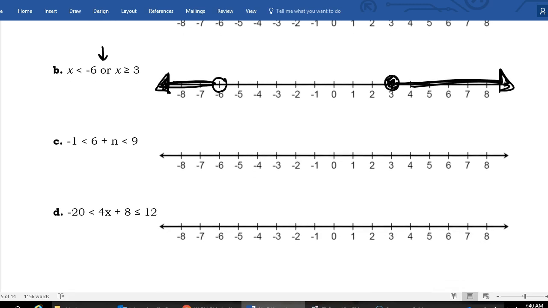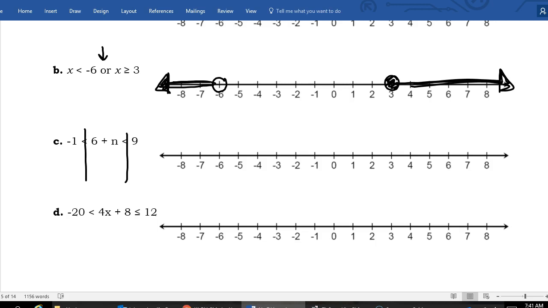So I have in the center there, I'll just read it. I have -1 is less than 6 plus n, which is less than 9. So we need to isolate the variable in the middle of this expression. And to do that, we're going to kind of drop the lines on both inequalities, like we do with a